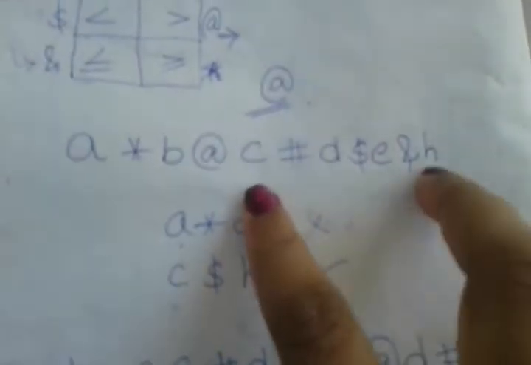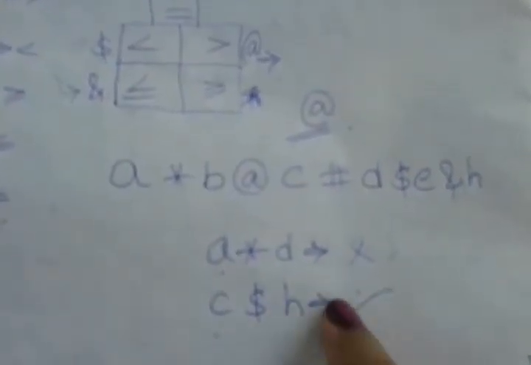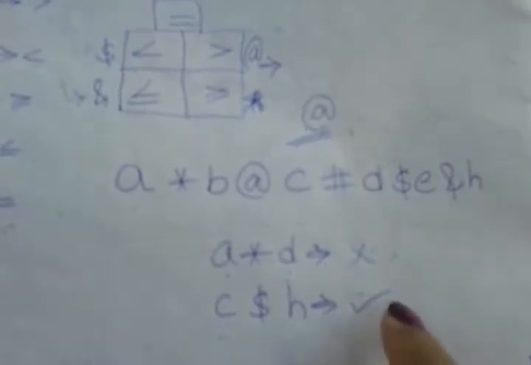And between C and H they are asking. So C and H: ash, dollar, @, ash, dollar, @. If you have these three, what is my output? I mean less than is my output, so dollar is my output as they have given. If they have given dollar as my answer, then it is correct. Between C and H, dollar is the output, so it's my correct answer. This is how we will follow this rule. Forward direction, there is no reverse direction, so obviously forward, so dollar is my correct answer.